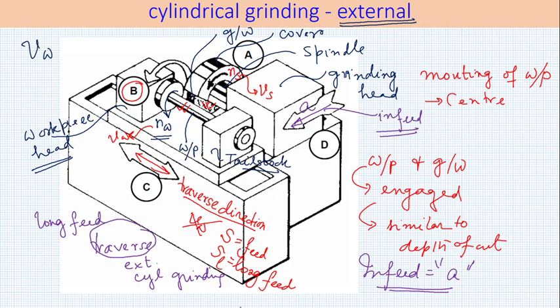In some of the lecture notes, longitudinal feed external grinding can also be mentioned instead of transverse. However, in most of the standard books, it is mentioned as transverse external cylindrical grinding. Possibly in Degarmo's book and Kalpakjian's book, this would be mentioned. In Malkin's book, the technology part is not that well covered. So if you can get hold of Degarmo's book, it would be useful.